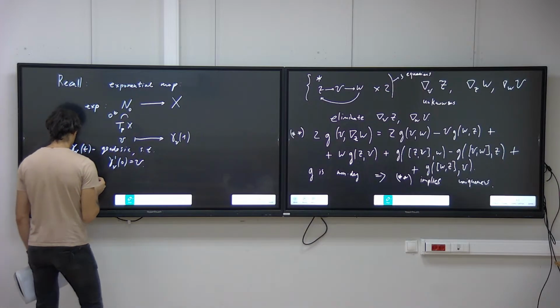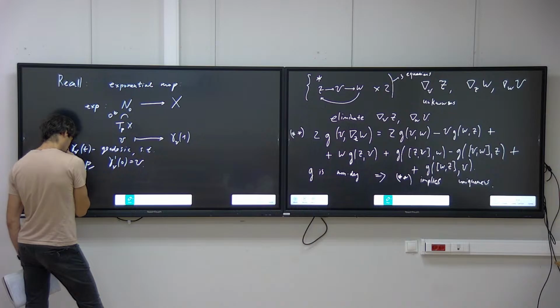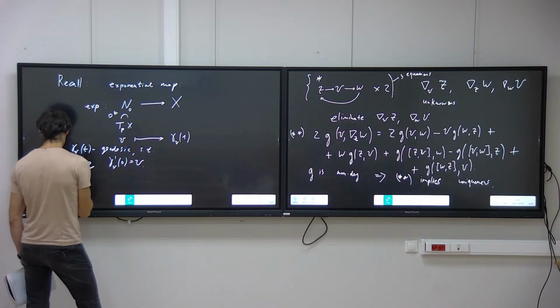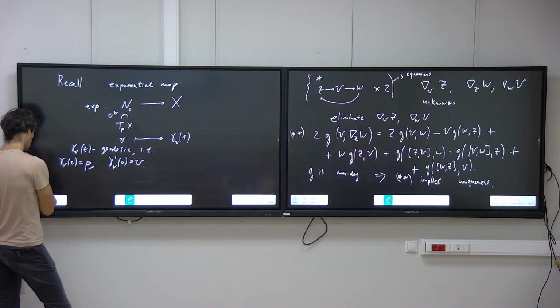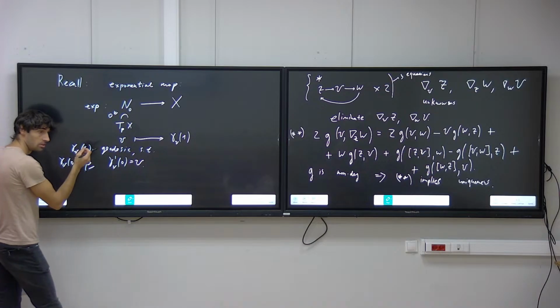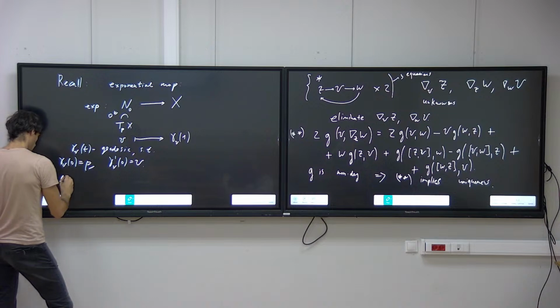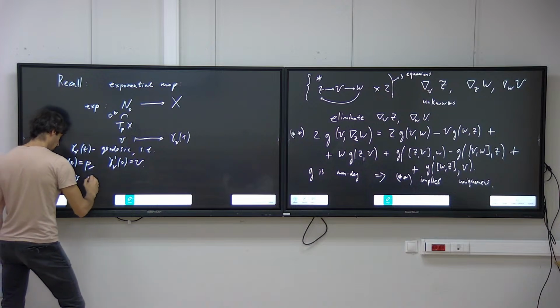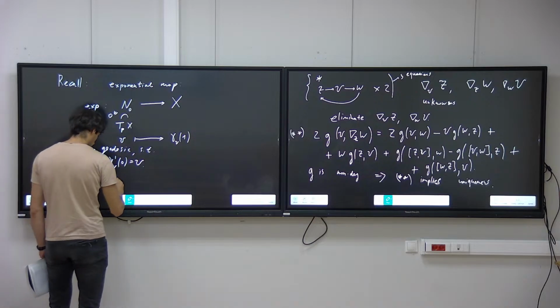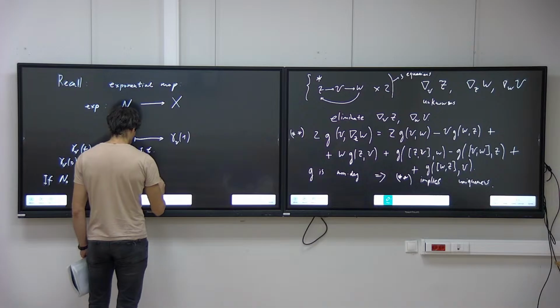All right, now another thing which I also didn't prove, just to accelerate, is that I can shrink N0 and make it what's called normal. If N0 is small enough, then